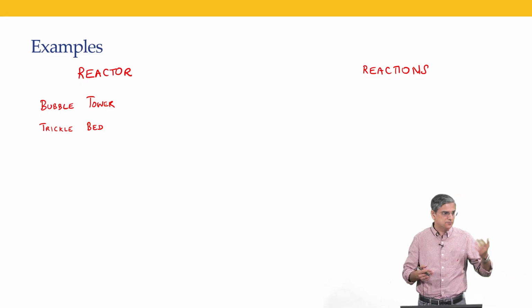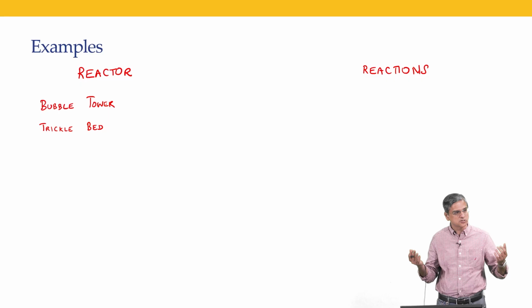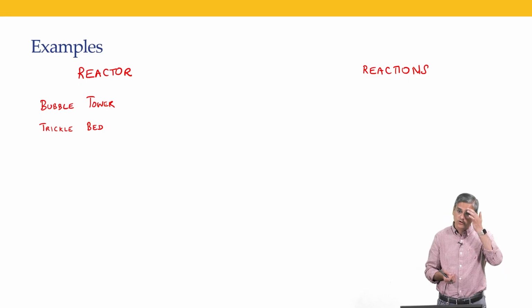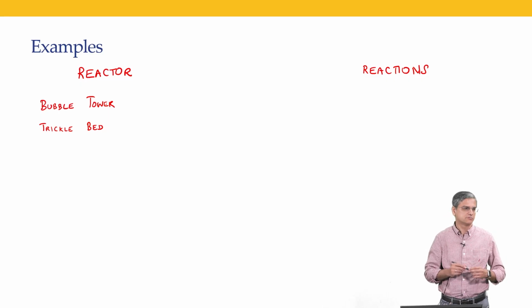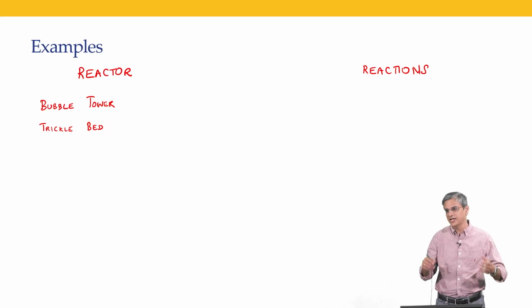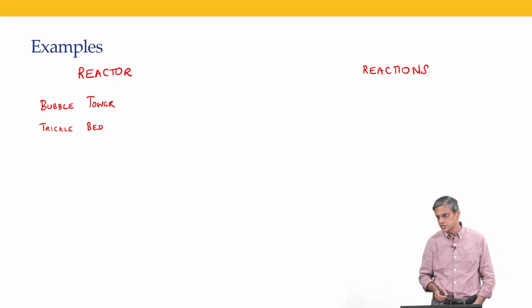Could be, for example, solid dissolution. Solid dissolution might be because of a reaction, or it might not be a reaction as such, it might just be, let us say, common salt. If you have a slab of common salt dissolving, NaCl just dissolves in water, well that also you can say is a reaction because it goes to Na plus and Cl minus, but we are not restricting to reactions in the traditional sense, we are broadening it to the case where one of the species disappears because of either chemical or physical processes. So, anyway, bubble tower, trickle bed,